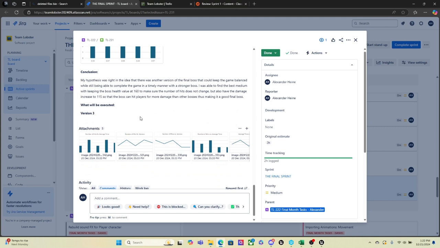boss that could keep the game more balanced while still being able to complete the game in a timely manner with a stronger boss. I was able to find the best medium with keeping the boss health value at 160 to make sure that the number of hits does not change, but also have the damage increased so that the boss can hit players for more damage than other bosses, thus making it a good final boss because that character can one-hit